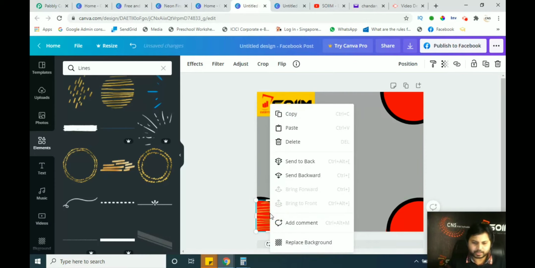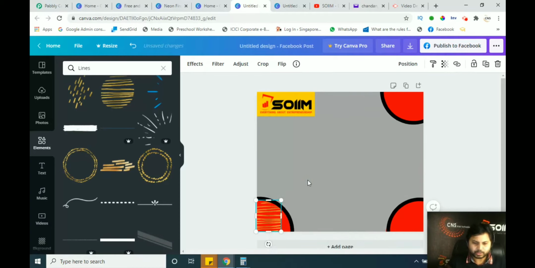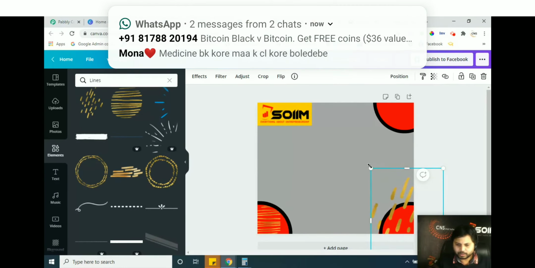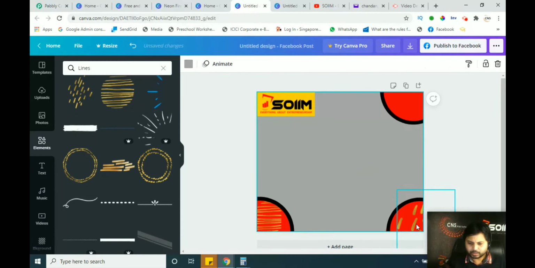Right click on this and choose send to back, send backward, simply click and see what it is showing here. Send backward means if we click on the inner section of the part, it will just go behind this black box. Again I am doing it here, simply I've clicked on this section. If I want to put this section in the yellow part, and if I make it smaller, it will go inside that. Now it is looking good, it's showing in the section only. So it is also easier for us to make any design here.